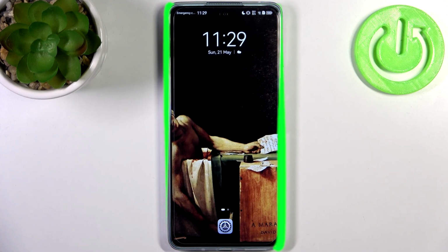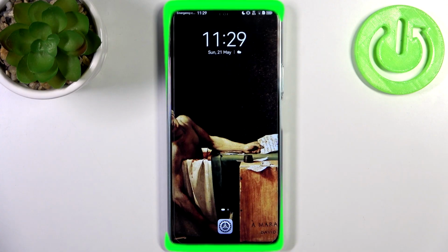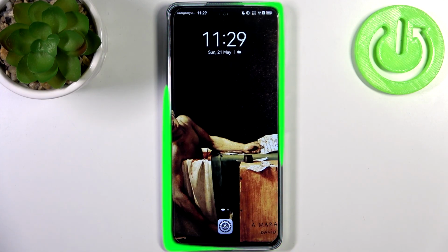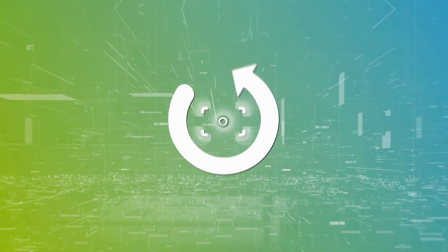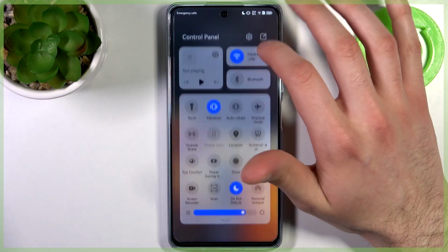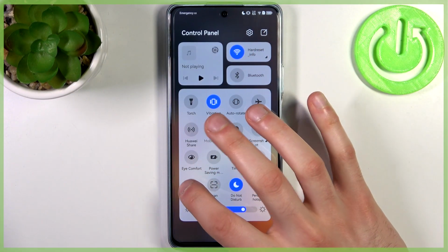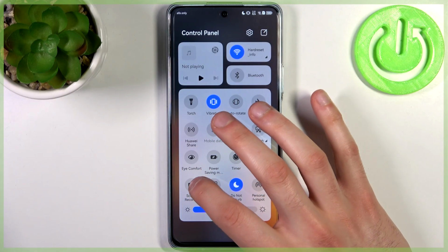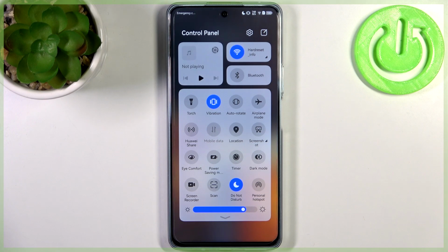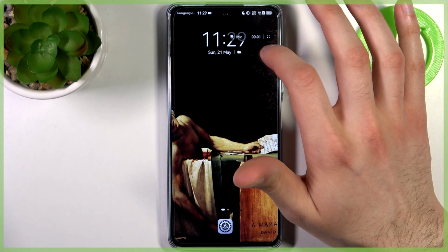Here I have HUAWEI Nova 11i, and today I'm going to show you how to record screen on this device. To do this, firstly you should go to the upper bar, and here you can find the button Screen Recorder. By holding your finger on it, you can access some of its settings, or you can't. So you can't really access any settings, but you can just tap on it once, and after that recording starts